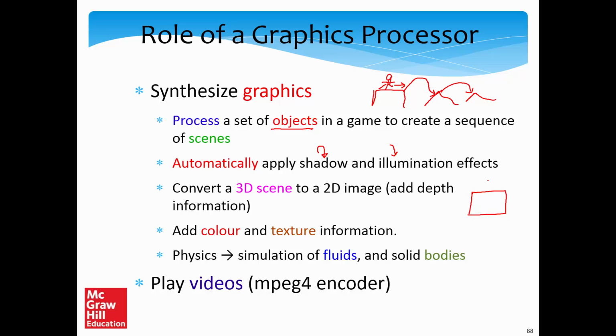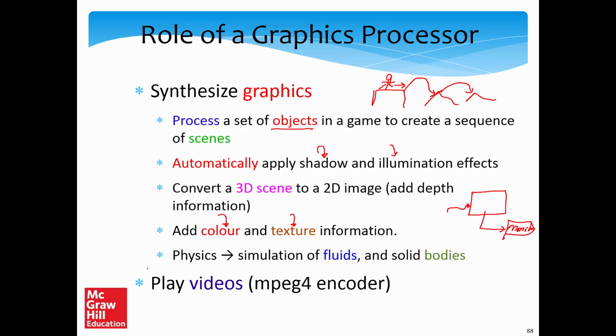So a complicated 3D scene with a lot of objects and characters is finally converted to a 2D image. And to the 2D image, we can further add color information, the colors of faces, and you can add textures, right? So for example, wood has a different texture, metal has a different texture. So all of this can be done. So we can create a really visually vibrant scene. And this will essentially be passed on to the monitor, which will show the scene.